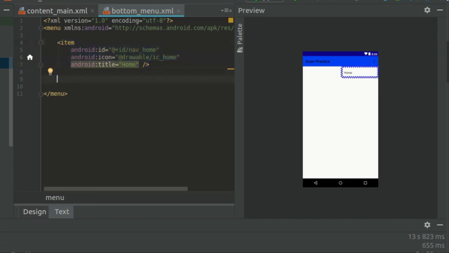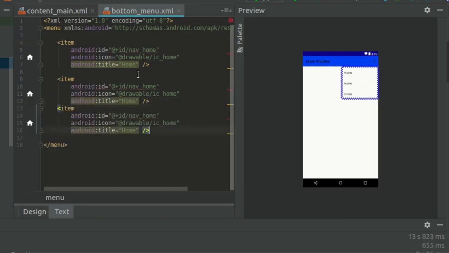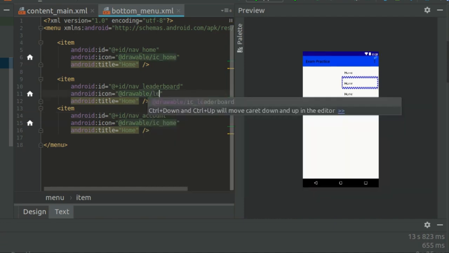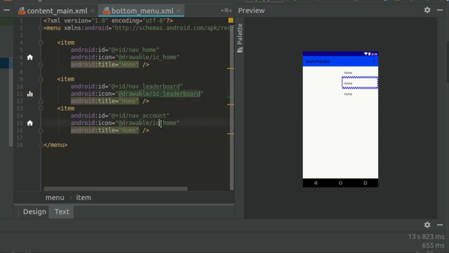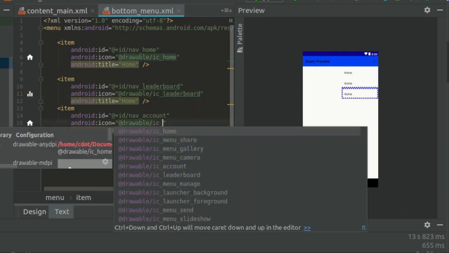and paste 2 times. So we want 3 items in our bottom navigation bar. The second item is our leaderboard, navigation leaderboard, and the third is account. Navigation account, and change the icon of this to leaderboard, and this to ic_account,